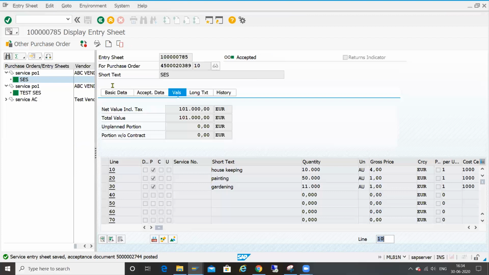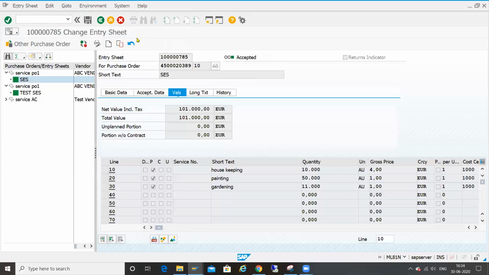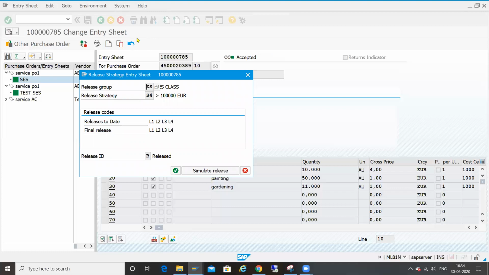And if you see, it is released. Okay, it is released.